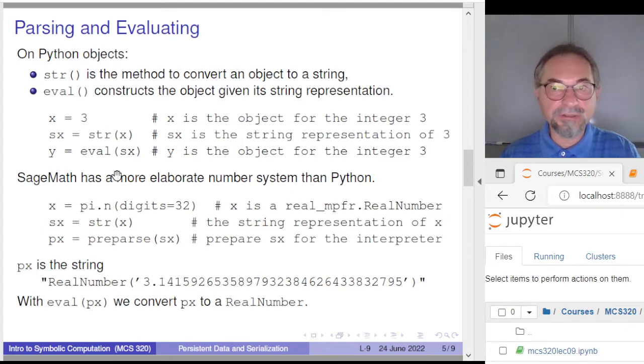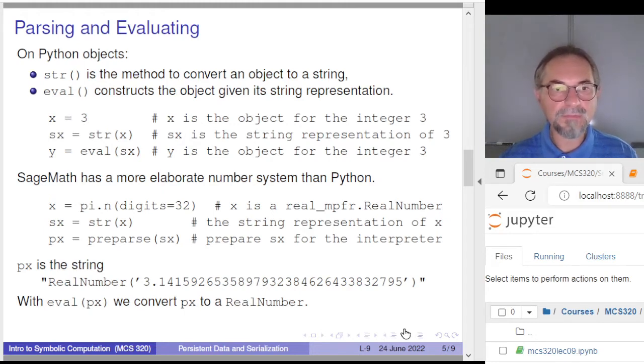Now, in general, for integers, that will not be so much different between Python and Sage. But know that Sage, and we know that already, has a much more elaborate number system. So we started out this course with making accurate floating point representations for constants such as pi. So what is returned there is an MPFR real number. Going to the string representation is simply not really any different, so the method that is applied is the string representation provided by the wrappers to the MPFR real numbers that is provided to you by Sage. But if you do the eval on the string representation, then you would execute the eval from the